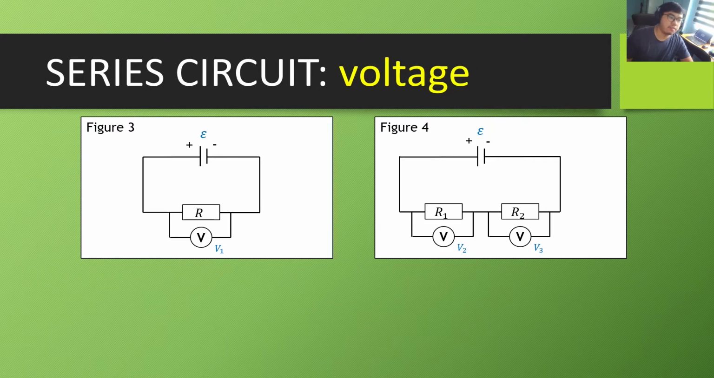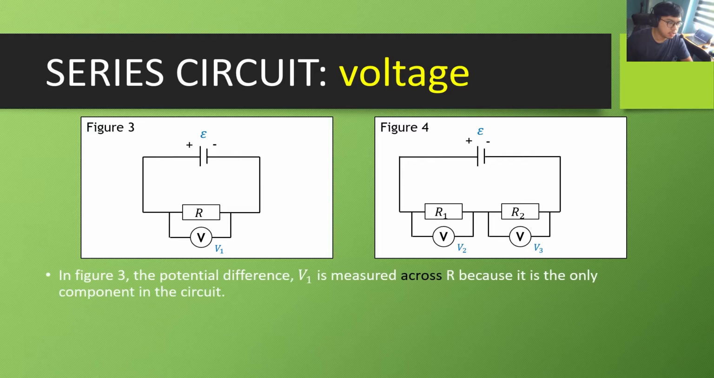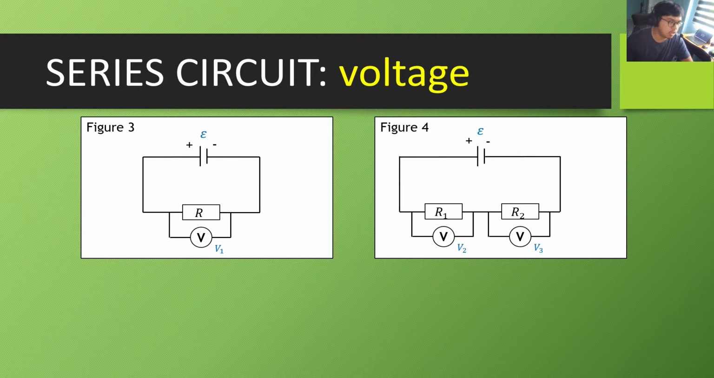Now let's look at voltage or potential difference and EMF. How do they behave in the series circuit? You have figure 3 and figure 4. In figure 3, you have a cell, one resistor, and this resistor is connected to a voltmeter. This voltmeter is measuring this resistor here. In figure 4, you have a cell, two resistors, and voltmeter V2 is measuring R1,